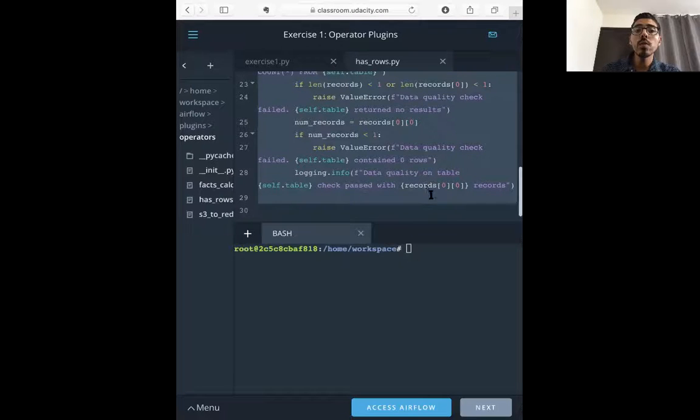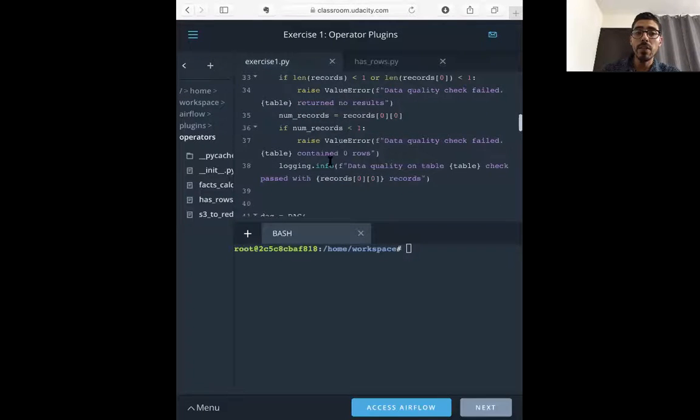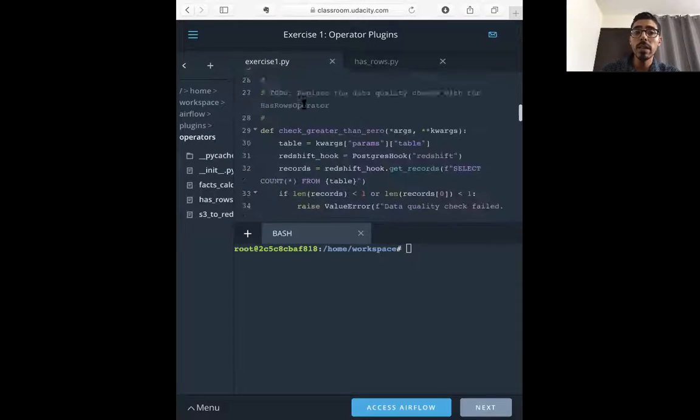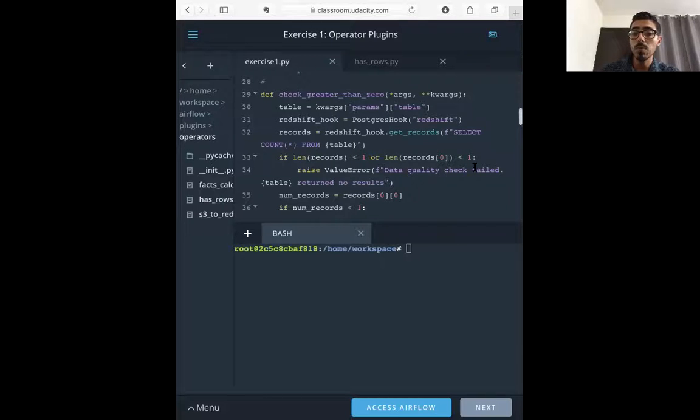Which is really cool, because if I ever need this type of check in a different DAG, I know I can just import it from this file. So there's no need to have it in the exercise 1.py, because we already have it here in the has_rows. And then after that,